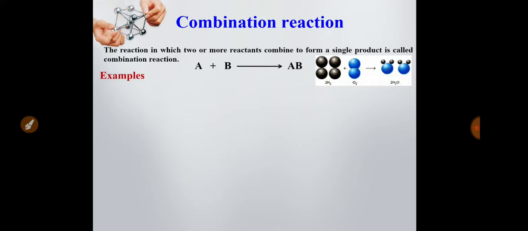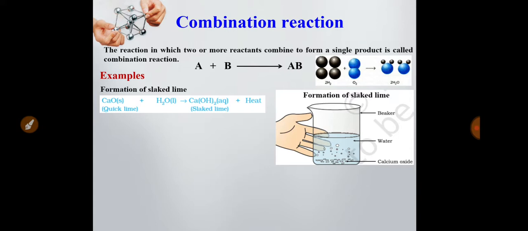Now examples of combination reaction. First one is the formation of slaked lime. It is a common example: when quicklime, that is calcium oxide, reacts with water, it forms slaked lime, that is calcium hydroxide. Here we can see that calcium oxide and water, two different reactants, react with each other to form a single product, calcium hydroxide. Along with that, some heat is generated in this reaction, and this reaction can be seen in the picture also. In a beaker the calcium oxide and water are taken,